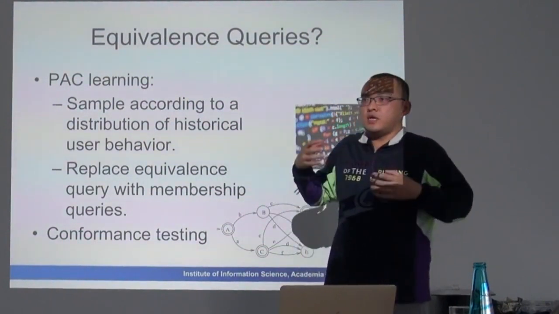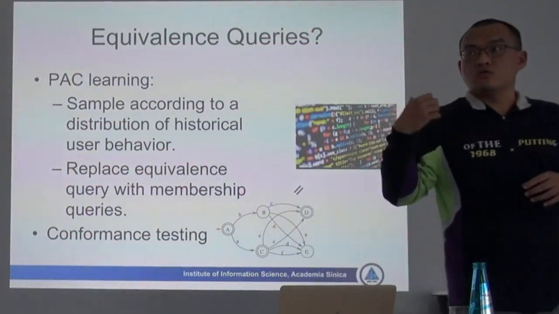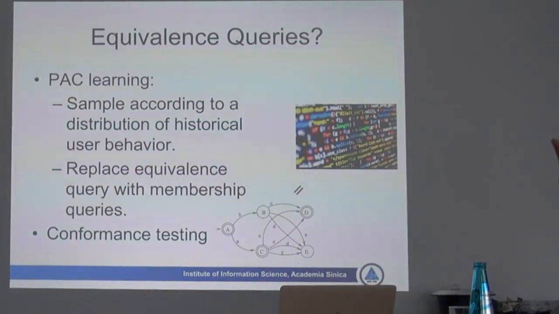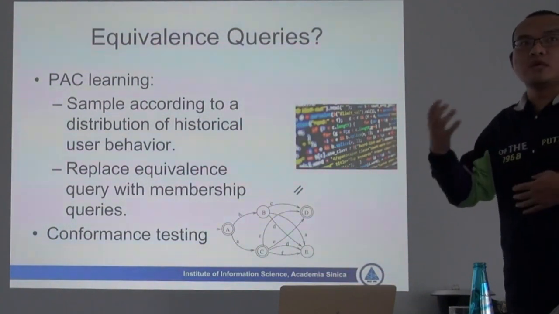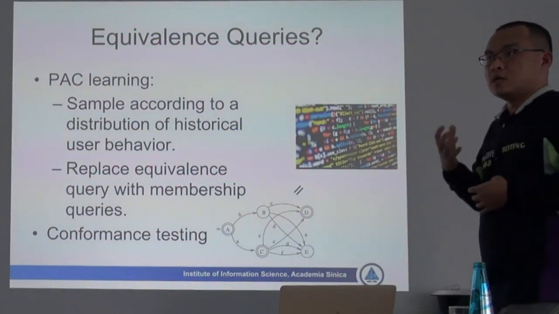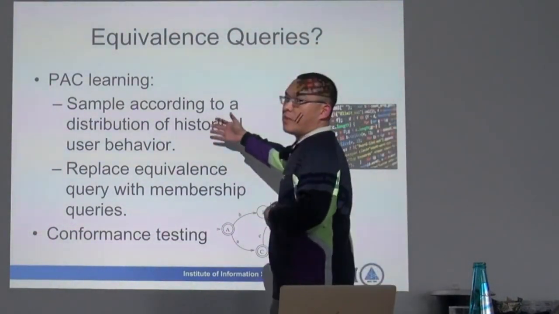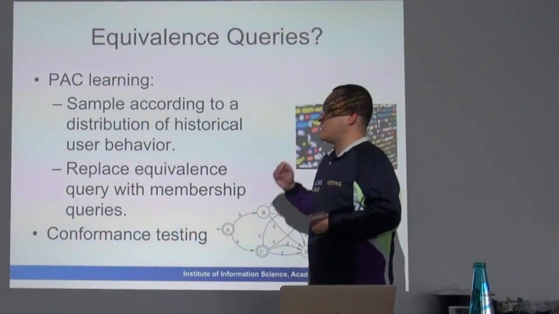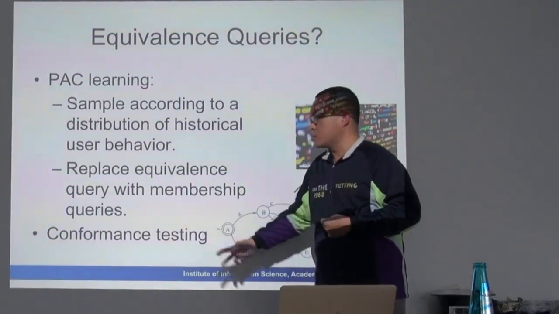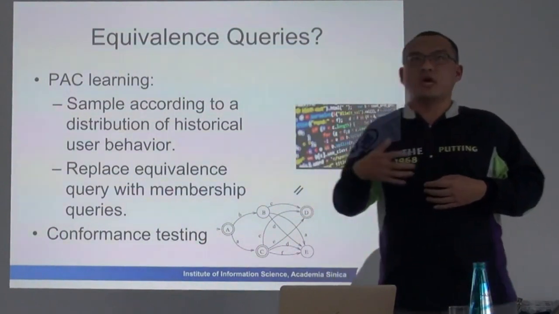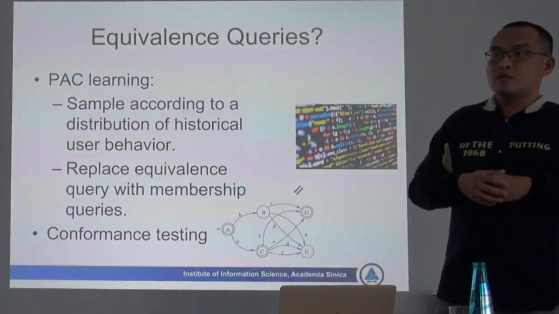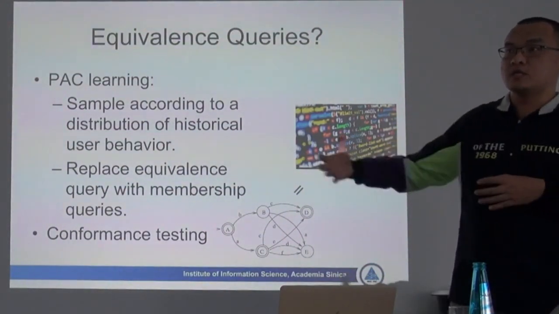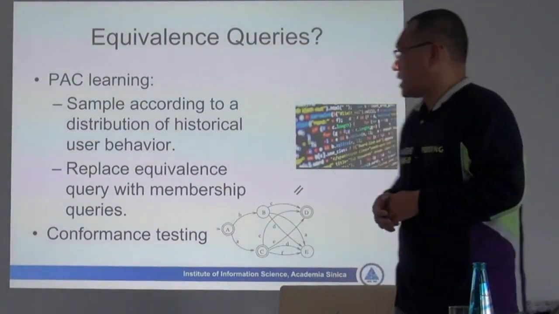Say in the following form: if you sample according to this past user behavior, the chance that you find a difference between your model and the system is lower than some epsilon. Epsilon is a parameter that you can choose. The lower the epsilon is, the more queries you need to make here. So that's the PAC-based approach. And for some systems, you can use so-called component testing. For example, some protocols have a test set. You can run it to see whether the model you found at least satisfies this set of tests. So these are a few possible ways that we can do.